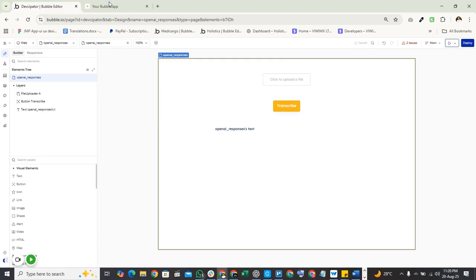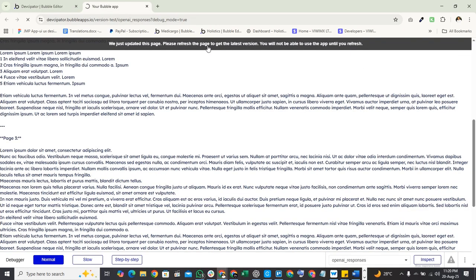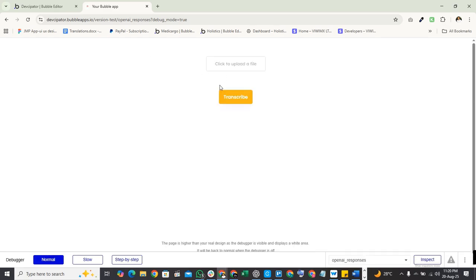And after all this is done, let's have a preview. On the preview, I have this click to upload a file and the transcribe. I have directly attached the file. This click to upload file has no point, but I've shown you the workflow. I will just click on the transcribe now, and it will take that file